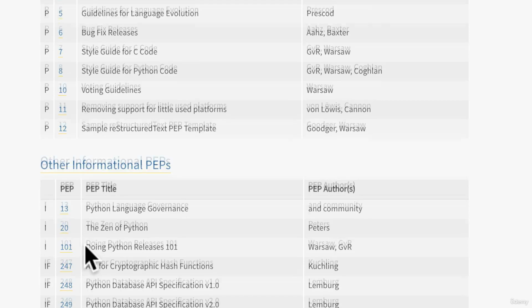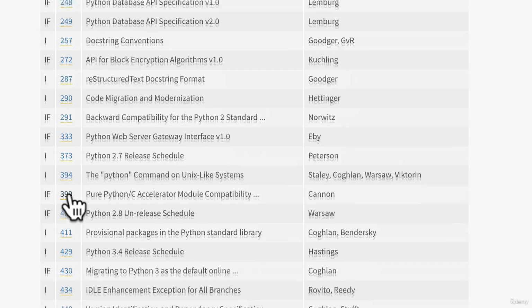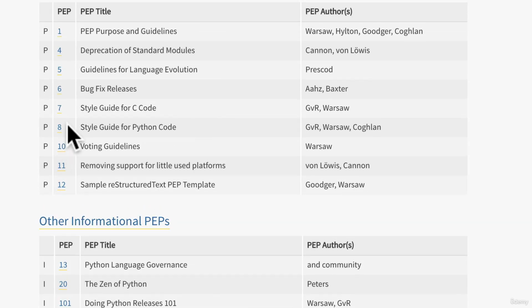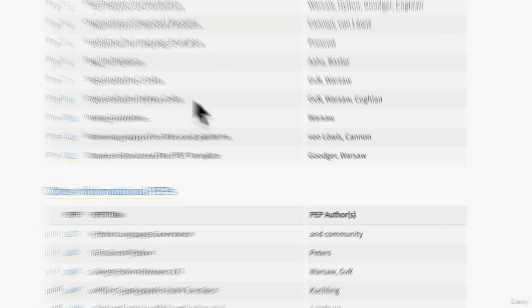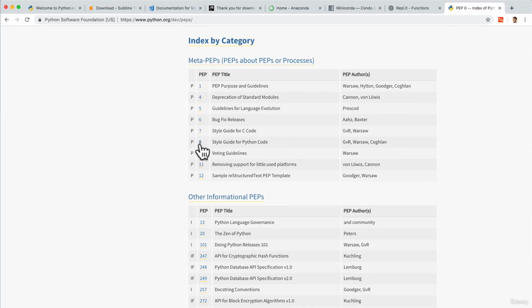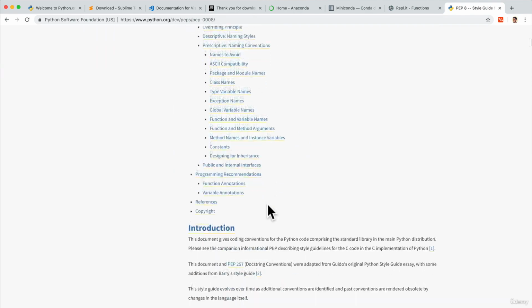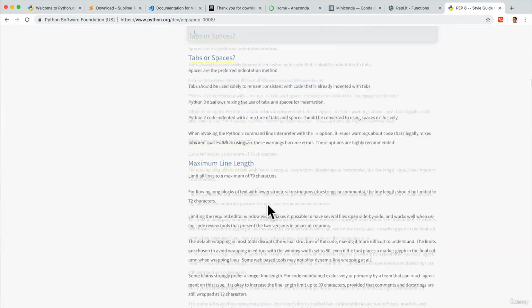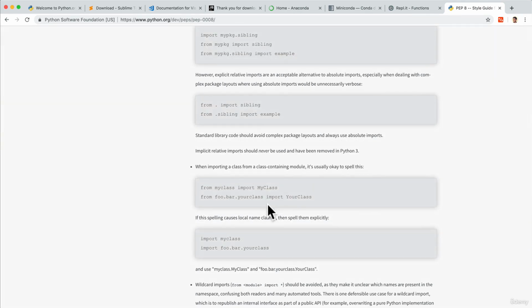You can see that there's a lot of PEP numbers. Well, PEP 8 is the most popular one, and it's a style guide for Python code. It tells us this is what good, clean Python code should look like. But luckily for you, you don't have to click through here and read every single thing. I mean, it is a lot. Code editors and IDEs help us with this.